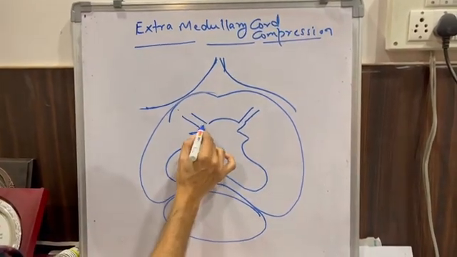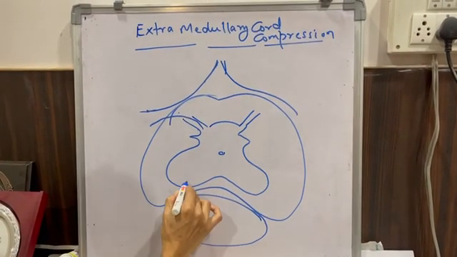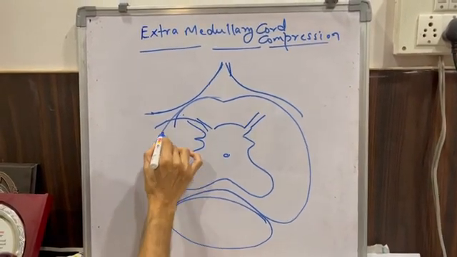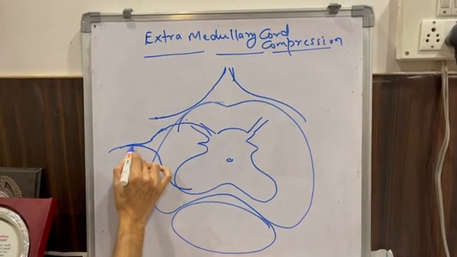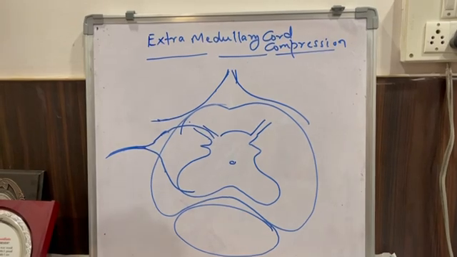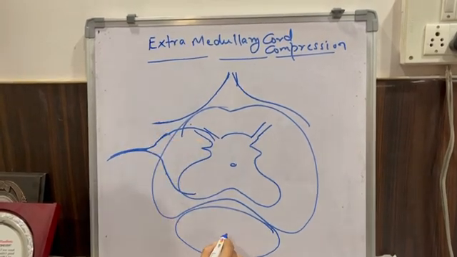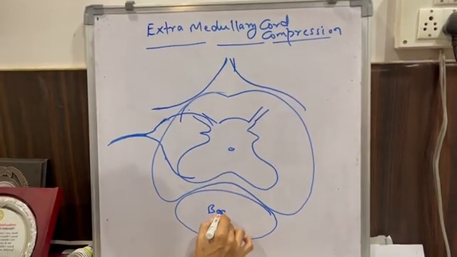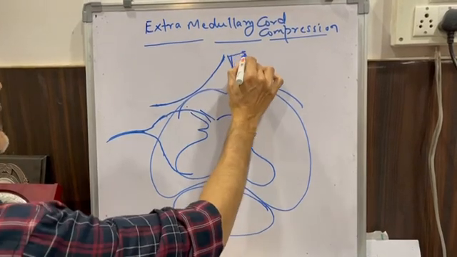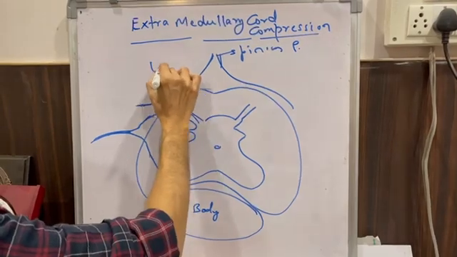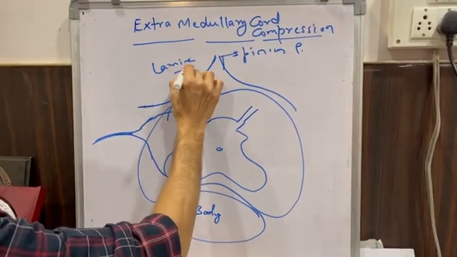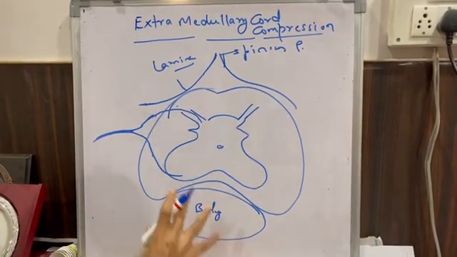So as we know, dorsal ganglia, sensory and motor nerves, they become the spinal nerve and they come out like this. They exit like this, and this is the vertebral body, spinous process, lamina, and this is the substance of the spinal cord.